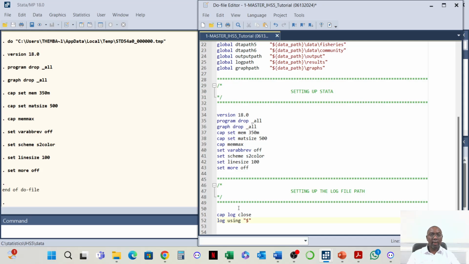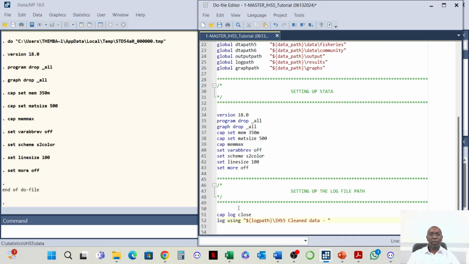Put the $ sign, and then open parenthesis, and say find my log path. Remember, we've defined the log path up there. In it, I want you to save a file called IHS5, and then we're saying this is cleaned data,